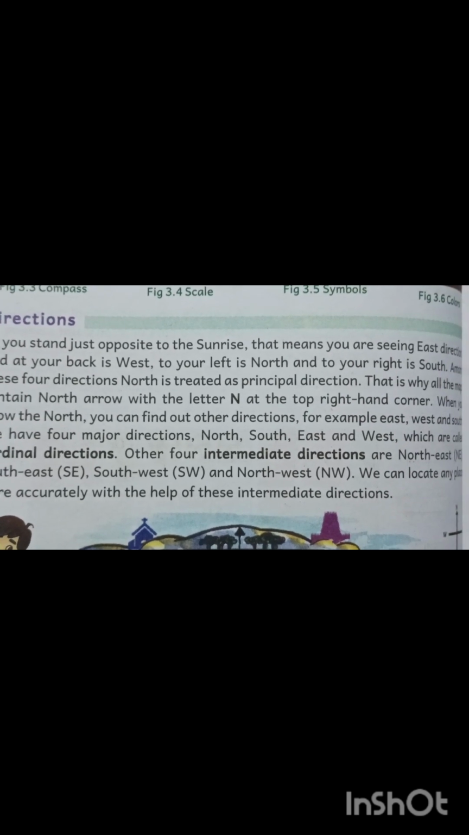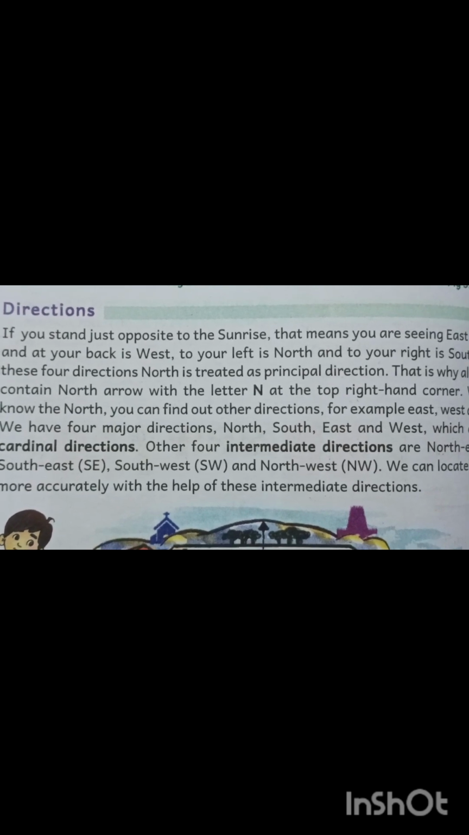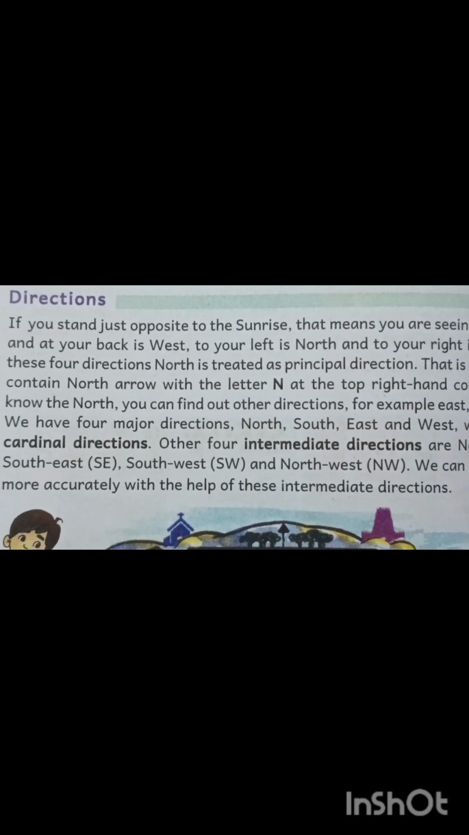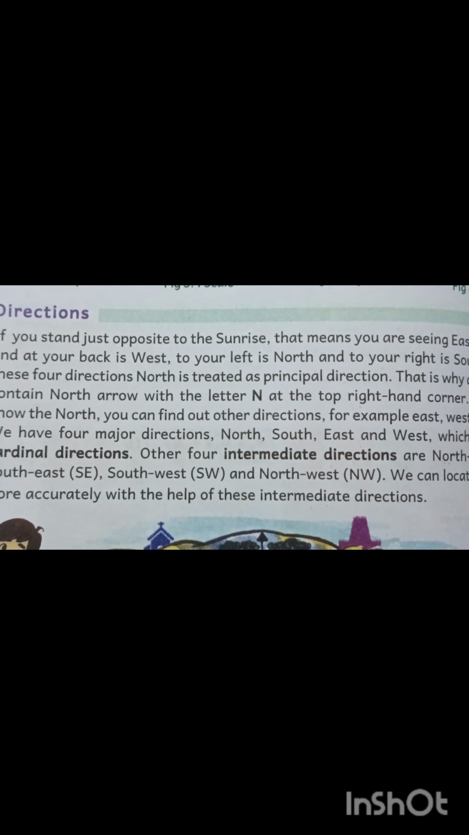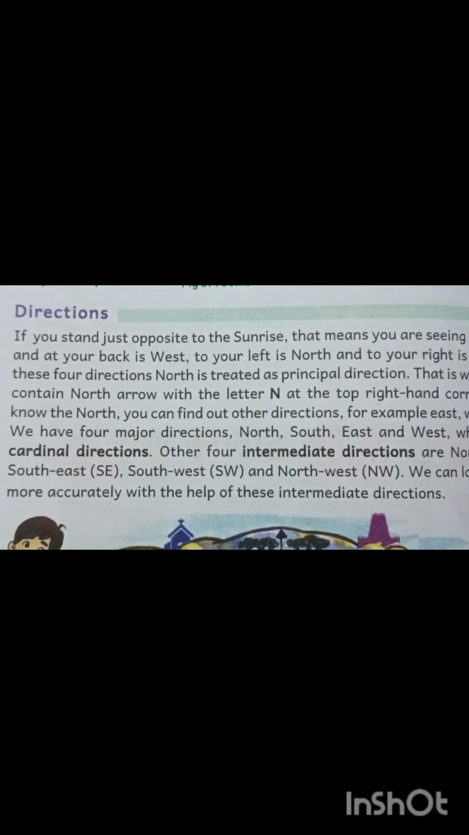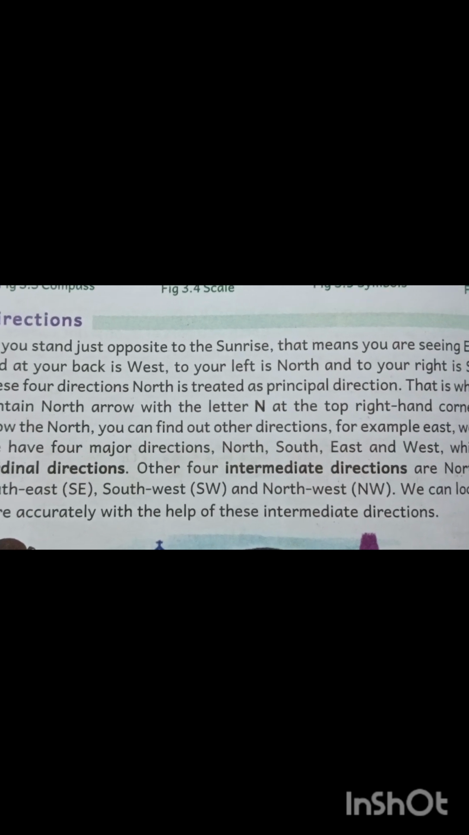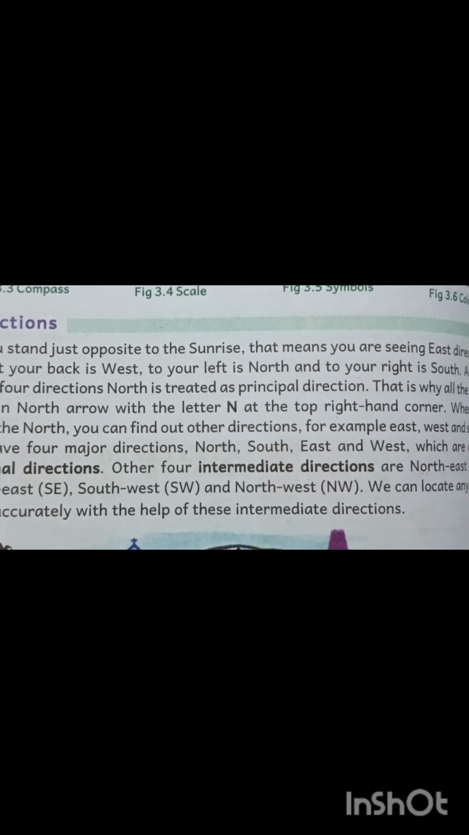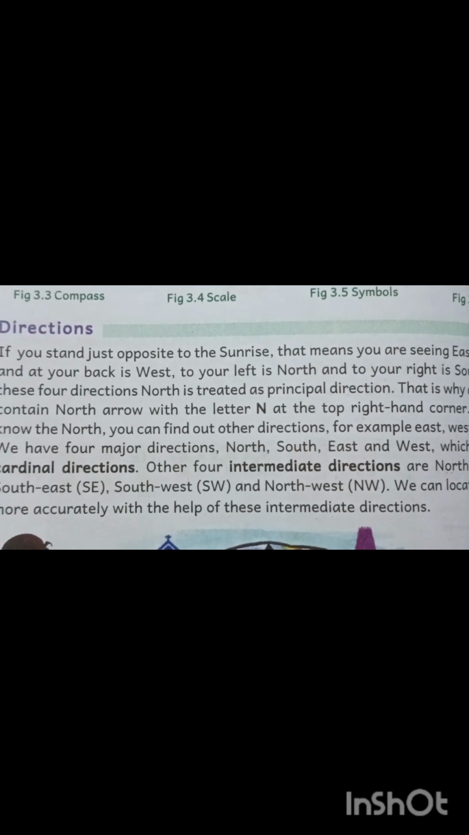And that is why all the maps contain a north arrow with the letter N at the top right hand corner. When you know the north, you can find out the other directions. For example, east, west, and